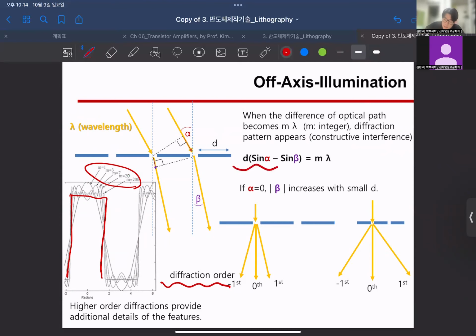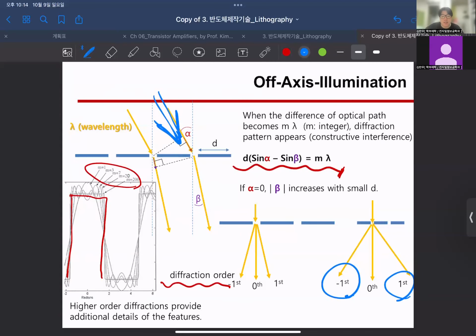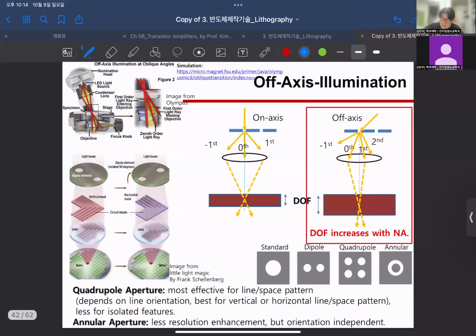If we can see here, if the light was shining from the top, but we tilt the light by an angle alpha, then we can make the size of the destructive order, the diffraction of the light, bigger. And this makes us with the off axis, if we tilt